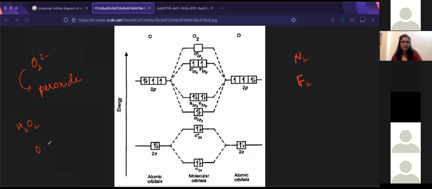Its structure is, you have two oxygen atoms and each of these has a negative charge. So in peroxide, each of these is bonded to hydrogen. That's why you get H2O2. But otherwise, this also forms ionic compounds, like sodium peroxide and potassium peroxide. Peroxide is an ion that you find in compounds. Okay. So now if I ask you,